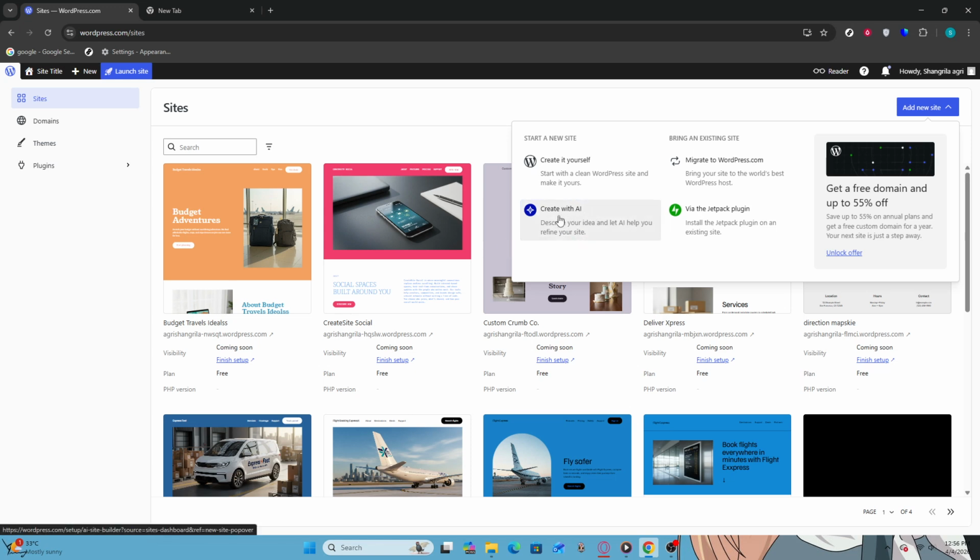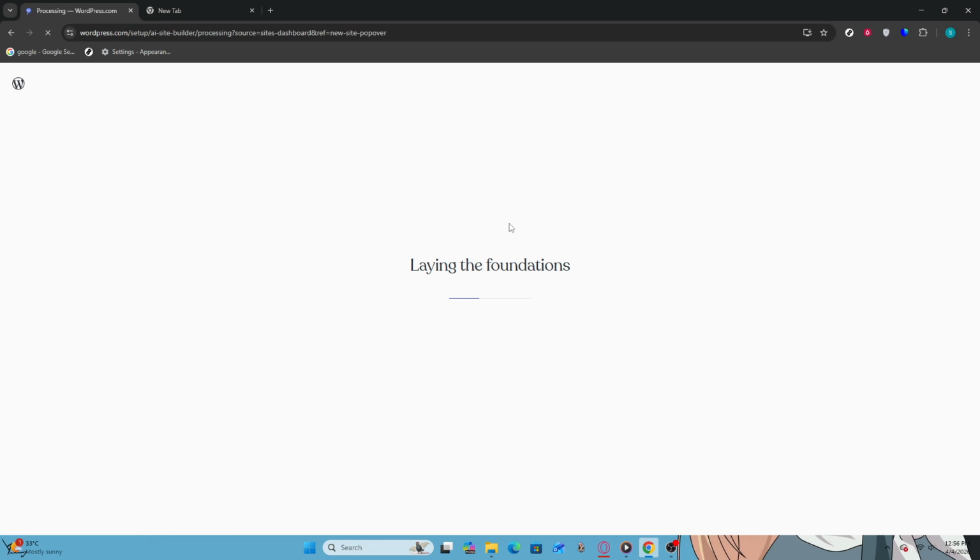Next, look for the button labeled Create with AI. This option simplifies the website creation process by using artificial intelligence to help lay out your site. Click this button and you'll be taken to the AI site builder interface, which will guide you through the next